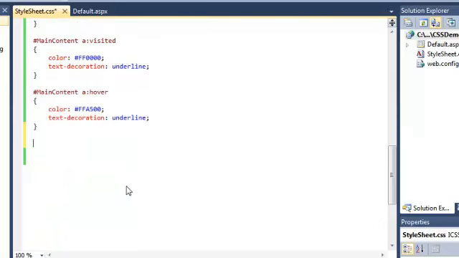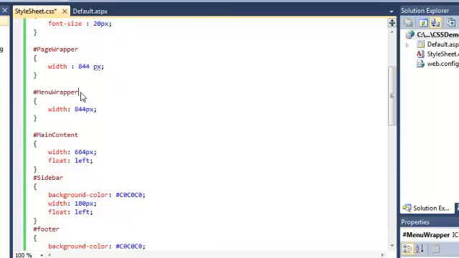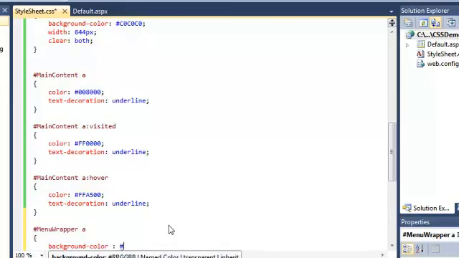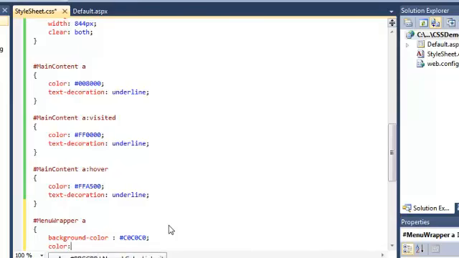So I will go to the menu wrapper, and I go at the end of my page and I paste it, and in the menu wrapper I only apply this style to A when the mouse is not over the hyperlinks in the menu wrapper, and I make the background color, let's say that we have C0, C0 and C0, and the color, let's make it